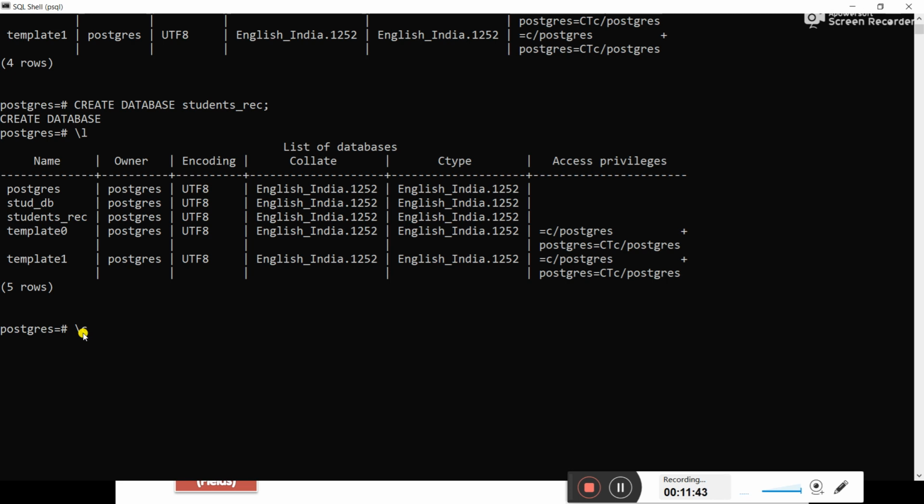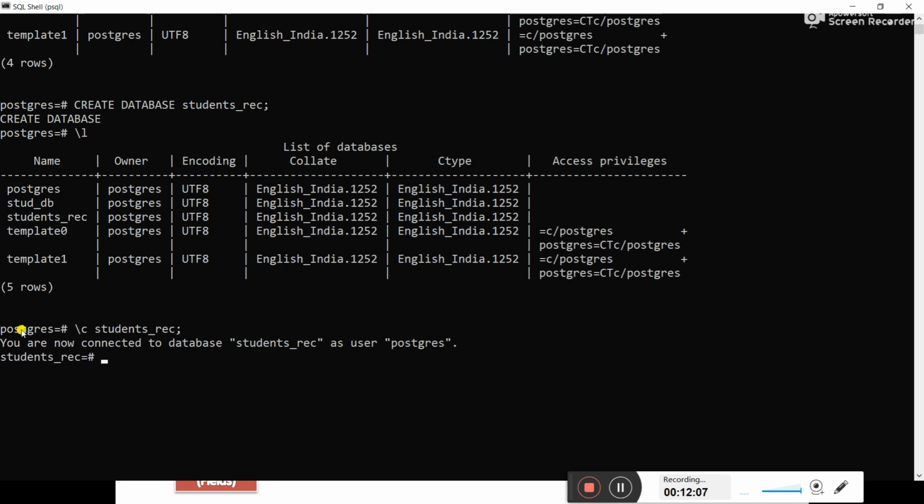After slash c, the database name is required here. The database name is students underscore record. This is the database with which we want to connect. After this, type a semicolon and press enter.